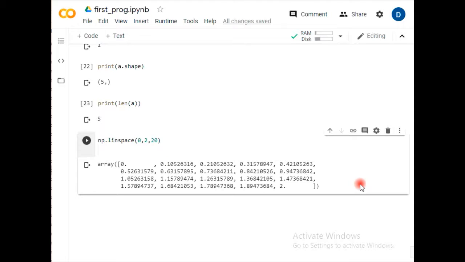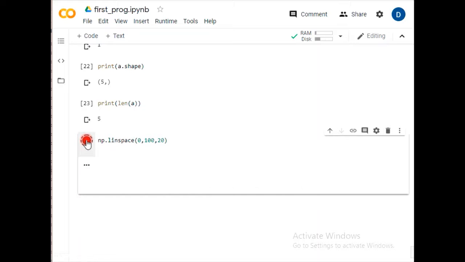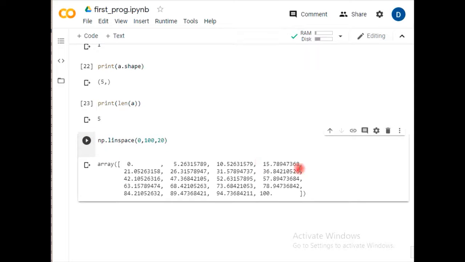So from 0 to 2, it is creating 20 equally spaced values. So that all depends upon you. Suppose that you have not 2 but 100 here. It's like that, 20 equally spaced values. So these attributes can be created directly.